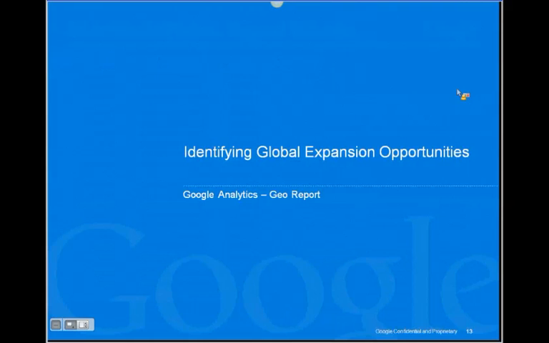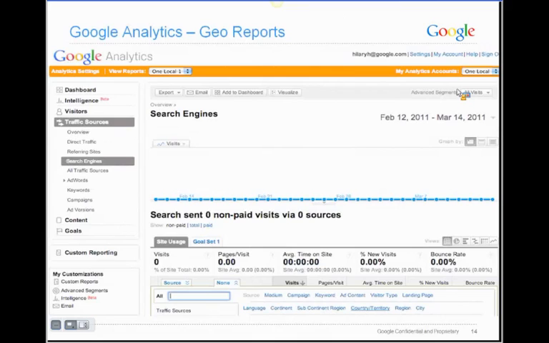Using analytics, we can find the best export opportunity for you. To make your findings from the Global Market Finder even more relevant and specific to your business, we advise you to look at the origin of your organic traffic. You will be surprised to find that oftentimes traffic is coming to your site from countries that you do not advertise in. When you spot traffic coming from a country you are not actively targeting, it is a strong indicator that you have potential to export to that market.